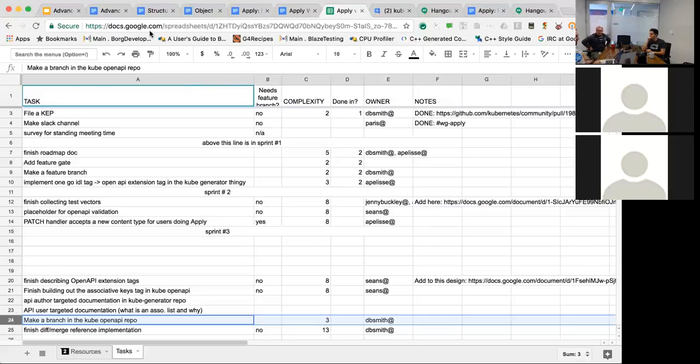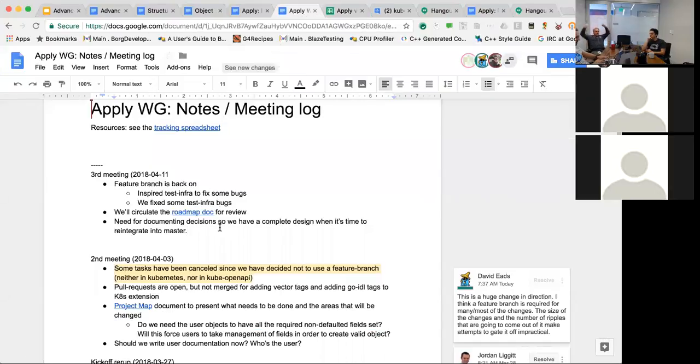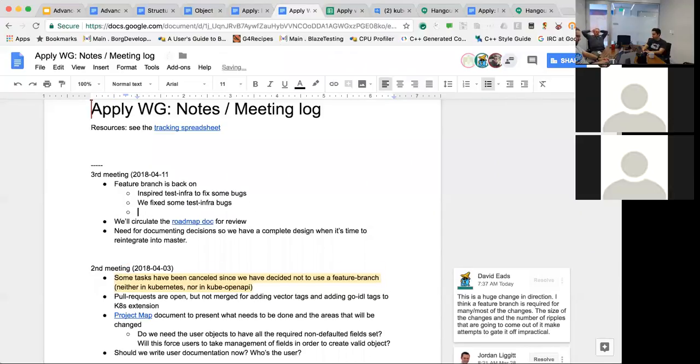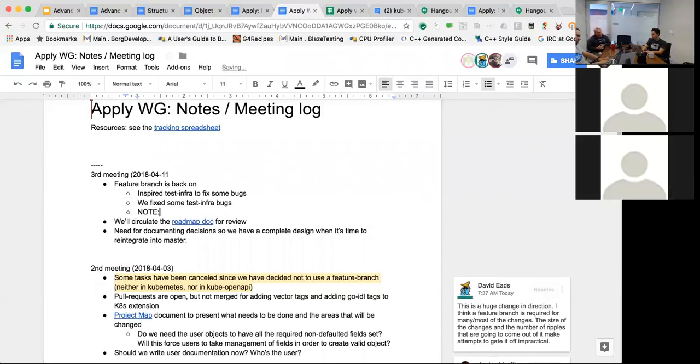Should we revisit this? I'll at least note it. I'm hoping that we don't have to, and it doesn't feel like we need to. And if we did, trying to keep that branch coordinated with the other feature branch might be